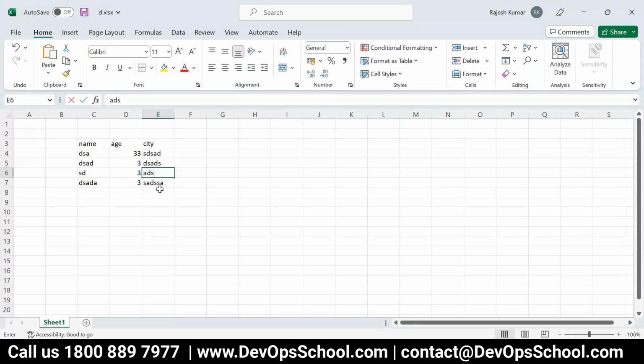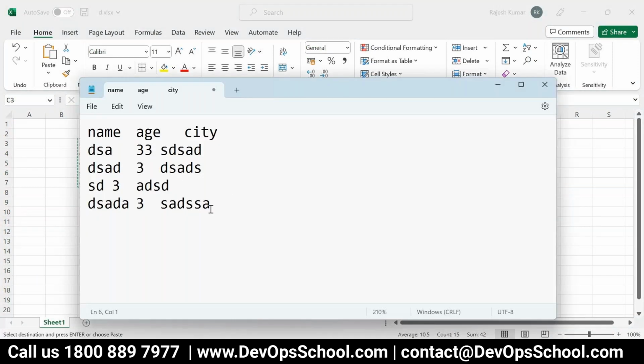So when you copy this file into the notepad, see here. What is the delimiter which separates each column from another column? Any idea what a delimiter is? Space. Look at this here, there's one column, second column, with a few spaces or one space in between. Here also. So here the delimiter is space, but it can be a comma also sometimes.